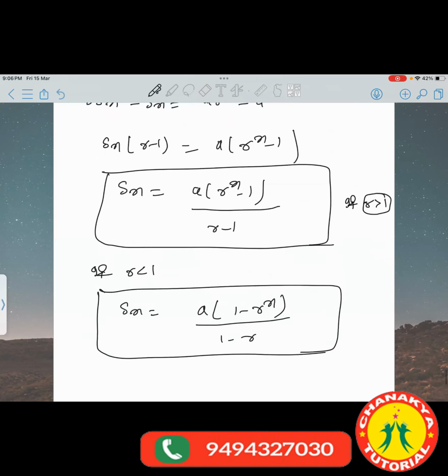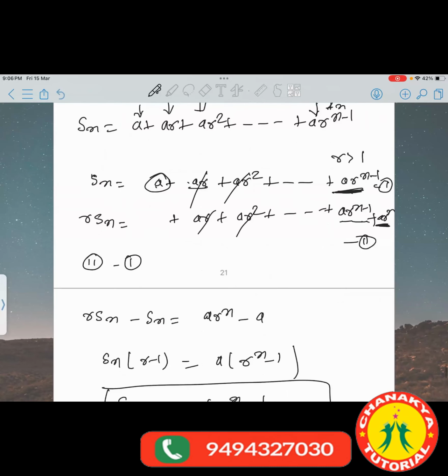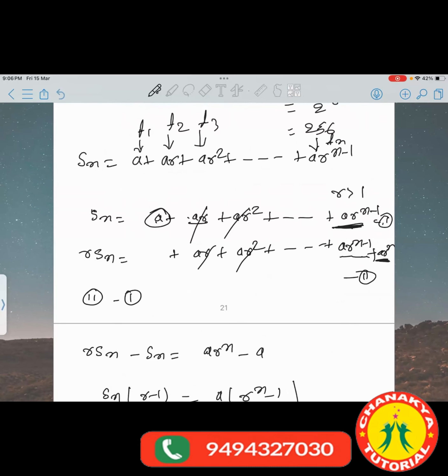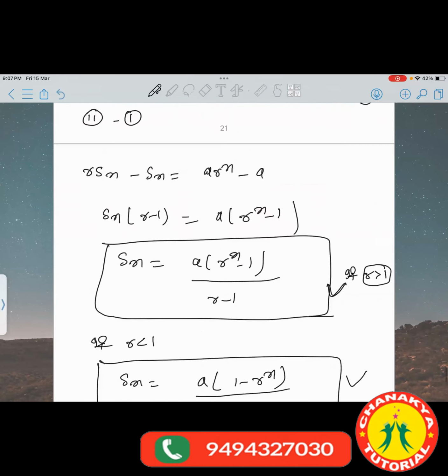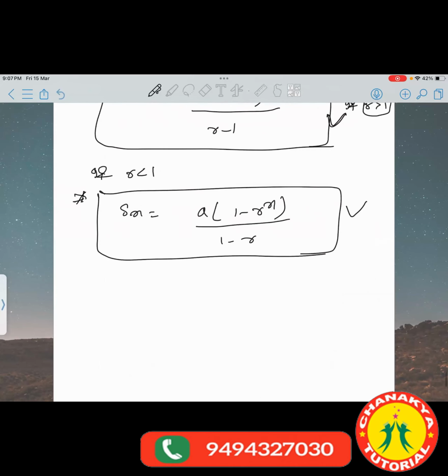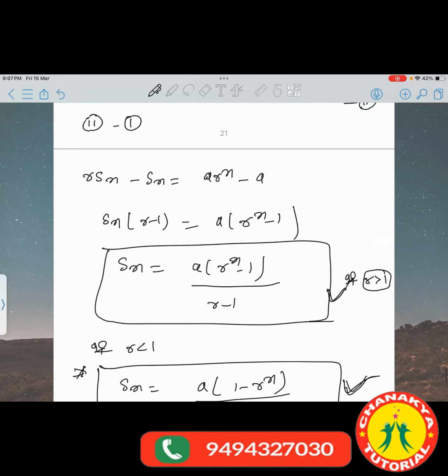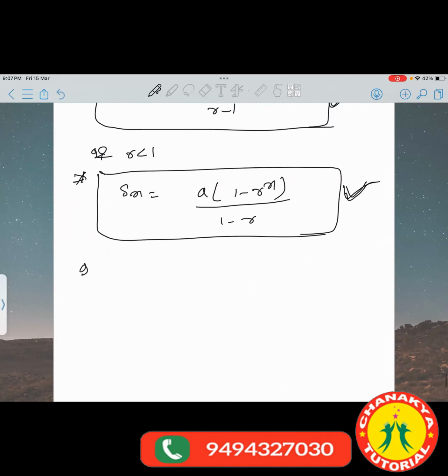If r is greater than 1, we can apply this formula. If r is less than 1, we can apply this other formula. See, if you subtract equation 2 from equation 1, you will get the second formula. So this is valid for r less than 1, and this is valid for r greater than 1. So if r is equal to 1,